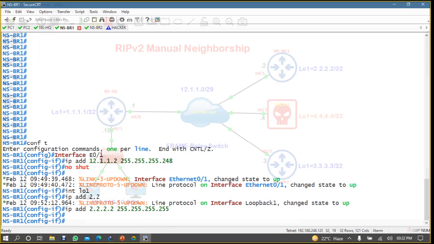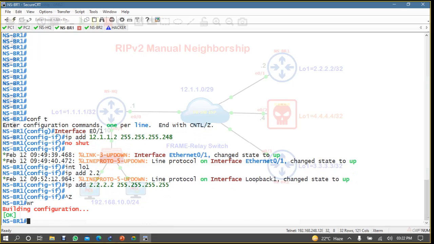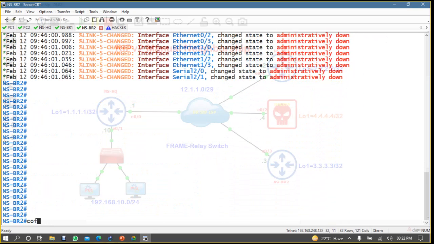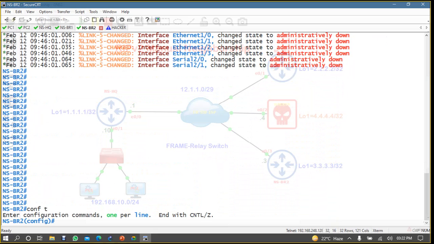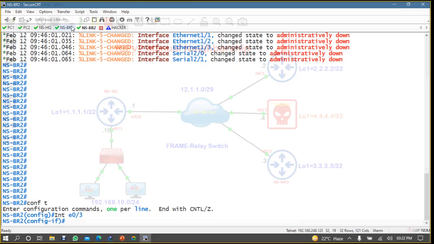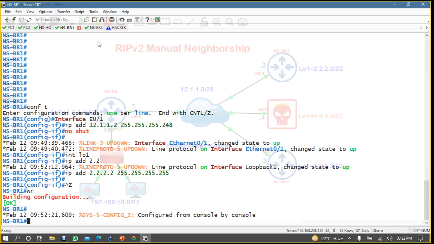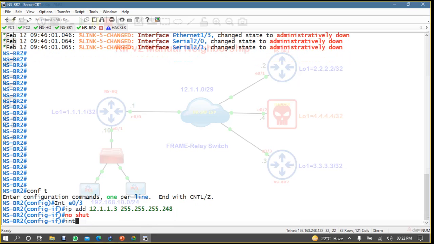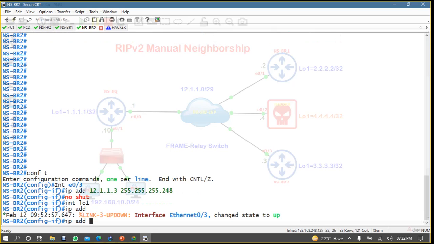It is /32, that's why I'm using that subnet. Exit, save. Conf t, branch 2, interface E0/3. Let's come here to branch 1. Did I configure it correctly? Yes. Okay. IP address 12.1.1.3, 248. No shut. Interface loopback 1, IP address